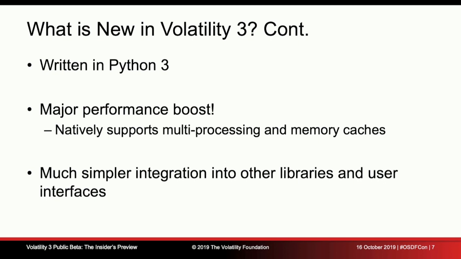And similarly, actually, just by running in Python 3, version 3.7, the Python developers managed to introduce a vast speedup in certain aspects of Python itself. So all of these things help us make a much, much faster system. And we'll get some examples of how much faster it is in a little bit.